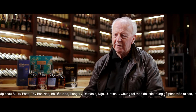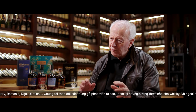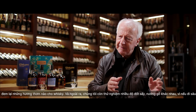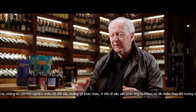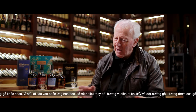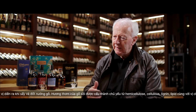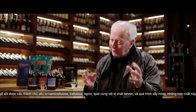So we are looking at how all of these evolve, what nuances there are in terms of flavour contributions. And on top of that, with these casks, we look at different levels of toasting, different levels of charring, because if we drill into the chemistry, there's so much happening with the heating of the wood. The oak is essentially made up from cellulose, lignins, tannins, and lipids, and the heat process starts the process of